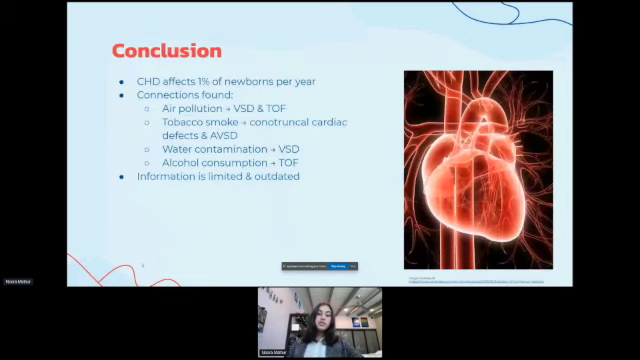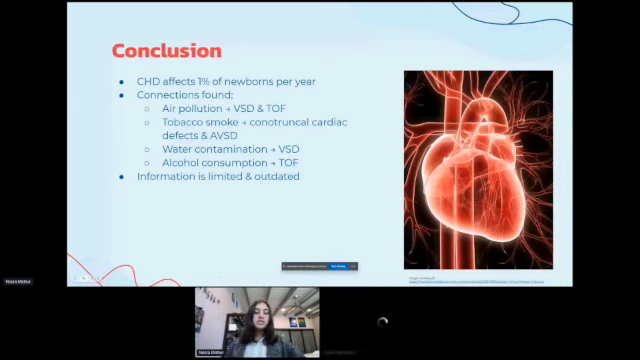In conclusion, congenital heart defects are a serious birth defect that require more research into their causes, with 1% of newborns affected every year in the US. Complications are lifelong, and causes are not well understood. Air pollution is linked to VSD and TOF, tobacco smoke to conotruncal defects and AVSD, water contamination to VSD, and